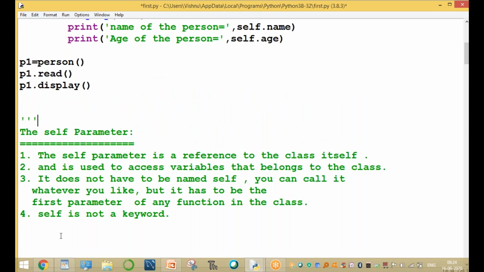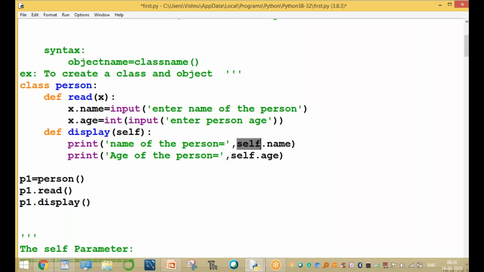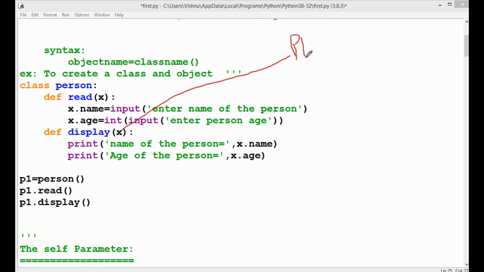For example, here we are using x: x dot name, x dot age. Here also x dot name, x dot age. Here x means indirectly P1, to access P1 dot name and P1 dot age, the values stored into the P1 object.